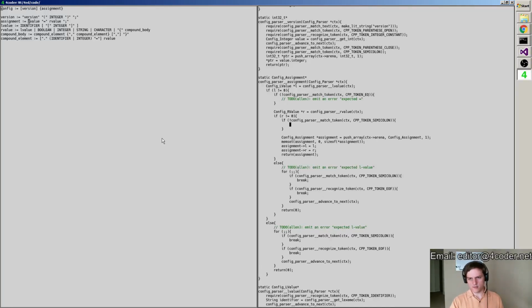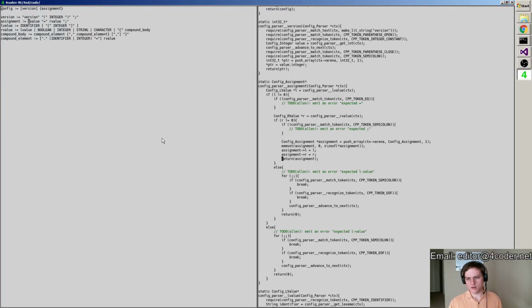If we don't match a semicolon, emit an error, expected semicolon, and then yeah, I'll allocate an assignment and return that.